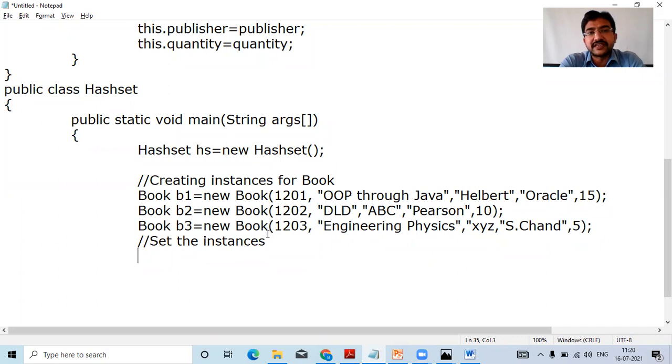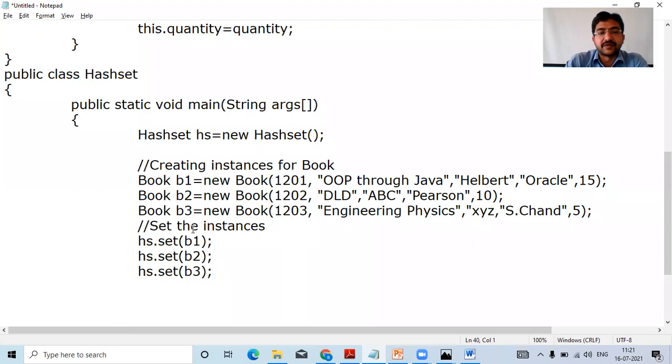So we are going to add hs dot, hs is the object of hash set, and dot add of what are we going to add? b1. Okay. Now another, hs dot add of b2. Next, third instance, hs dot add of b3. Okay, this adding is over.